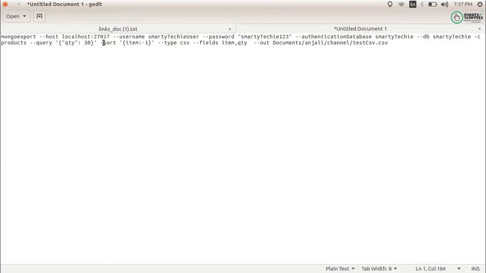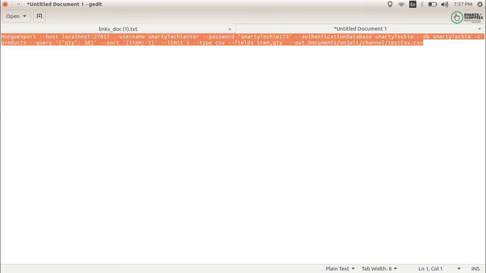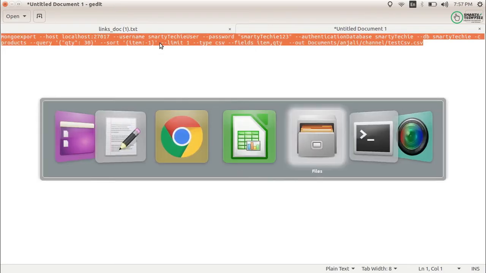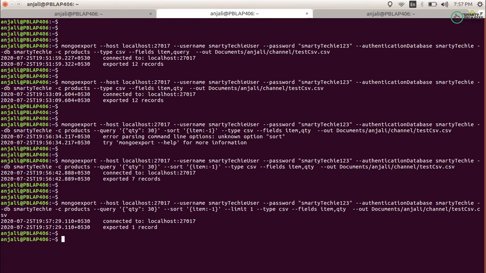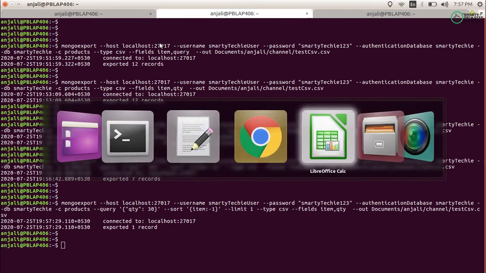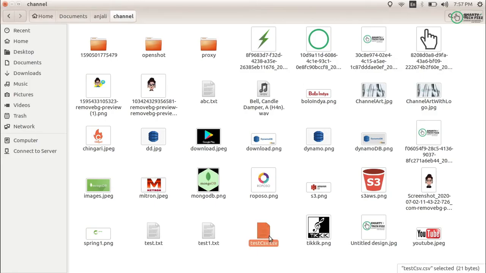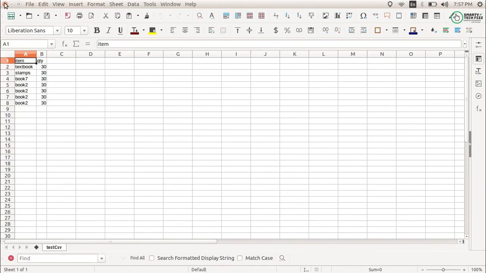So firstly, correct it here. For limit, you need to write limit and specify 1. It's done.